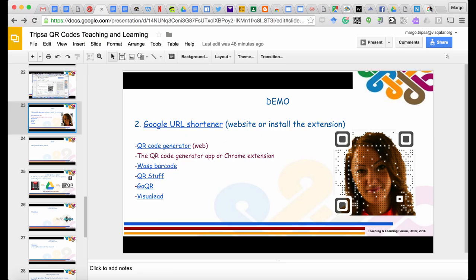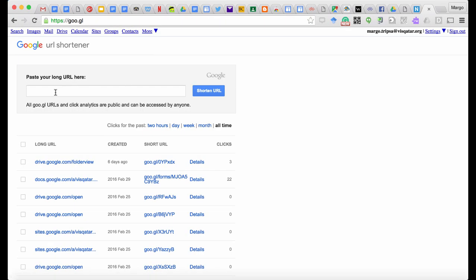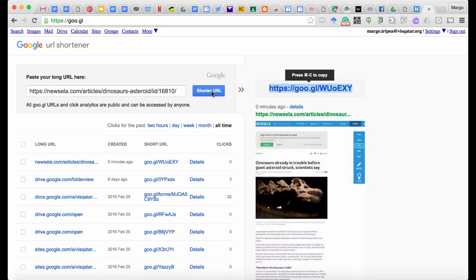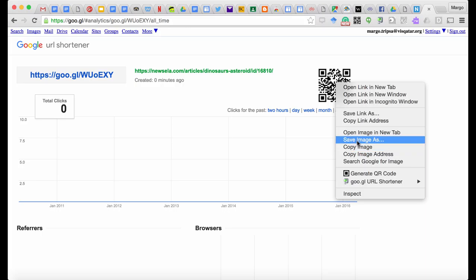So you just Google URL Shortener and you will see it here. You can paste the link here. I'm using the same one to the Newsela article, and you can click on details right here, and then you will see the QR code is there, and you can save your QR code